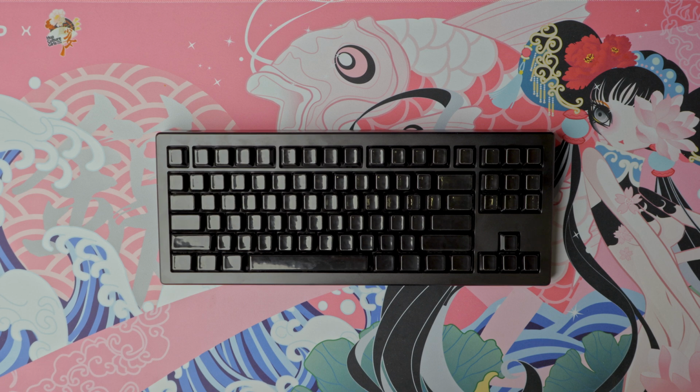What combinations of plates and switches and keycaps would you like to see when I revisit this board? I'll do my best to include whatever sound test I can, to a certain degree. I'm not going to spend $1,000 buying authentic GMK darlings and some out-of-stock obscure switches, for example. Try to